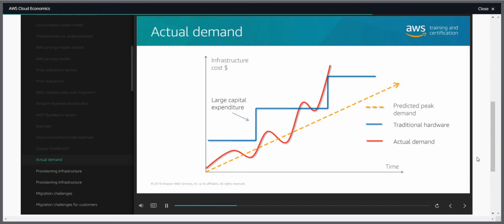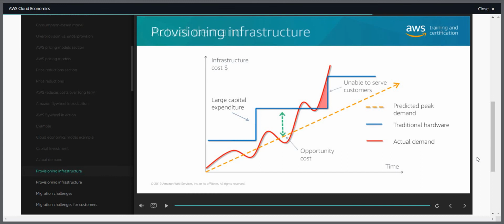Yet, even the most comprehensive planning process might fail to predict actual demand, as shown here. For example, you might have a customer who thought a new app was going to be popular, so they provisioned more than they needed to be on the safe side. Or you might have a customer who did not forecast an increase in use of its platform, resulting in under-provisioning,